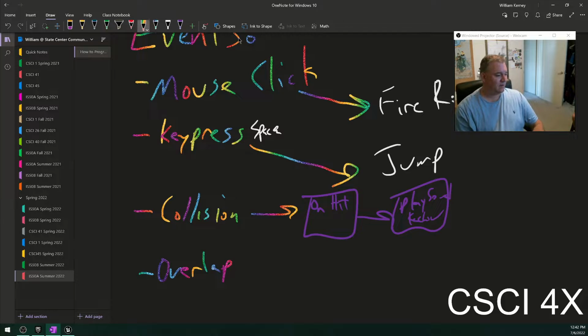The nodes in the blueprints take a lot of the syntax out of programming code, which makes it a lot easier to understand. Yeah. And you can't link up things if they don't match up the right type and stuff like that. So overlap would be like how you do